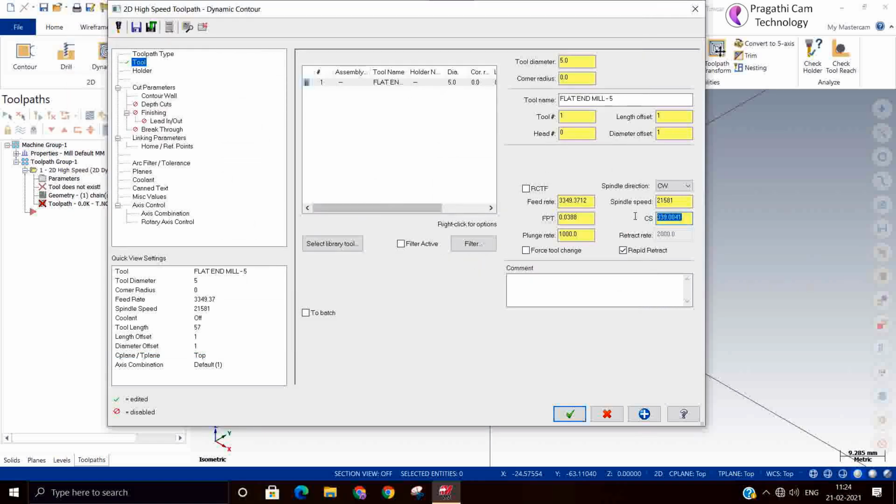Here, for high speed, you can give the values your machine accepts. The plunge rate I kept a little less. I will make the feed rate 3000, and I will make the spindle speed 21,000.